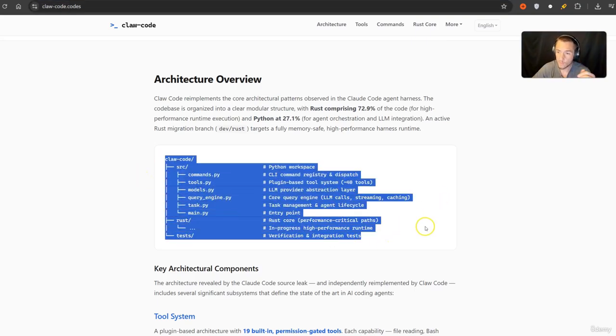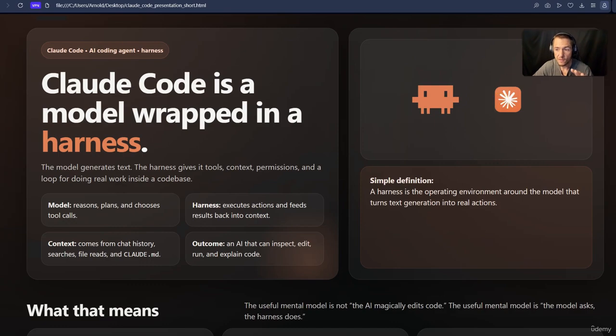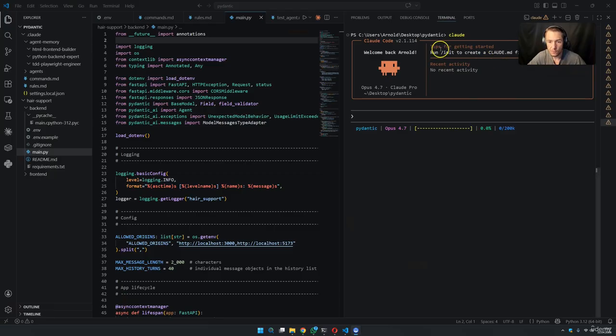And I have made something relatively cool. I have created with Cloud Code a web page that explains us in detail what Cloud Code is. Cloud Code is basically just a model wrapper in a harness. So as soon as you see this thing right here, this is Cloud Code inside of VS Code. Don't worry, I will show you all of this, and this is a project that we make inside of this course. We have sub-agents and so on, but every single time as soon as you talk here to Cloud Code,